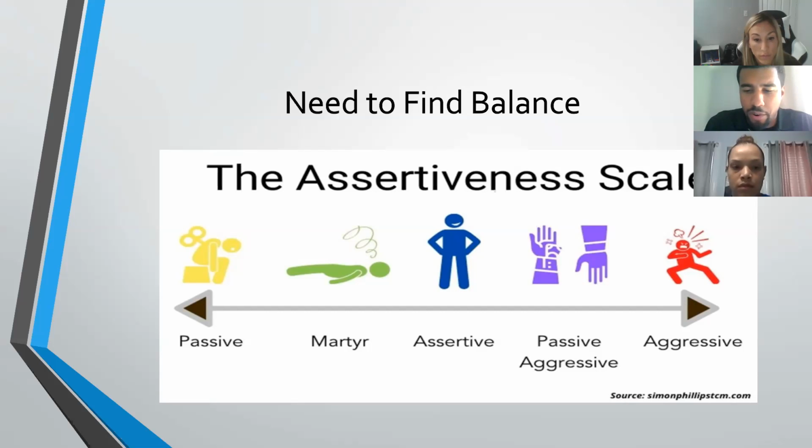Unassertive behavior, whether it be passive or aggressive, can lead to low self-esteem. When we are passive, we don't get our needs met and we don't feel respected, which can lead to resentment and anger. When we are aggressive, we don't exercise empathy or compassion for others, which helps us build strong connections with others. When we can be assertive, we can learn balance. We will be able to show empathy for others at the same time, and make sure that we feel respected and our own needs are being met as well. This can lead to a happier state of mind and more healthy relationships.